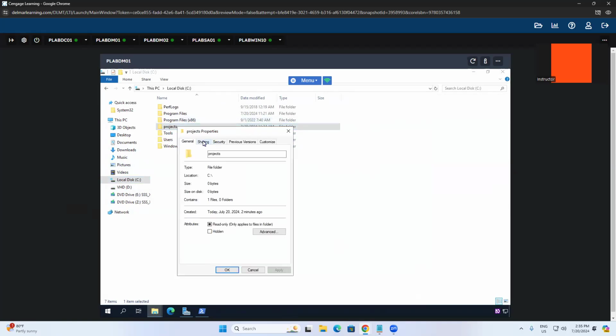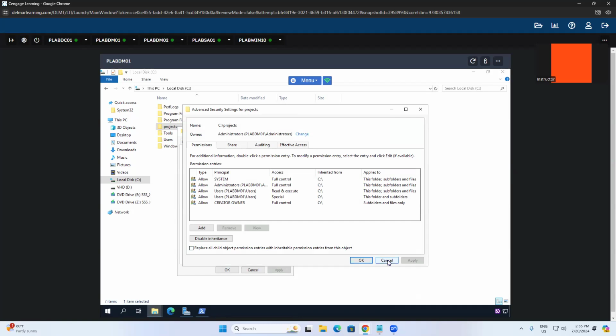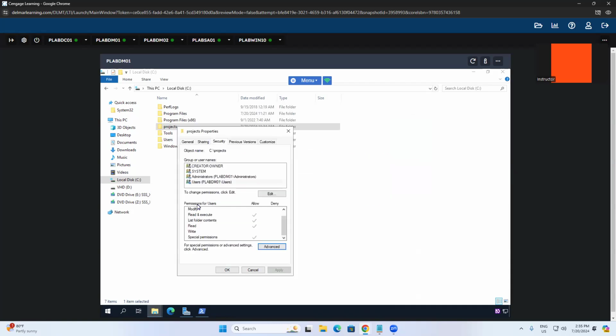properties, security, and administrator have all the rights. Okay. On the permissions for the users, on advanced and see the options. Similarly, for the creator,